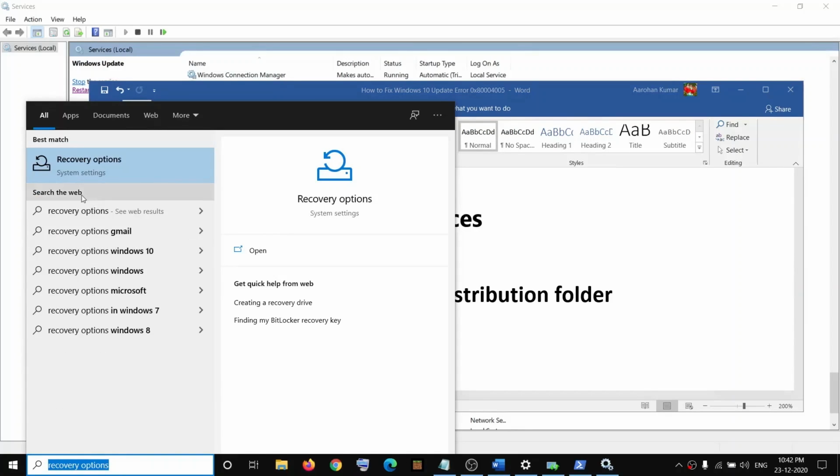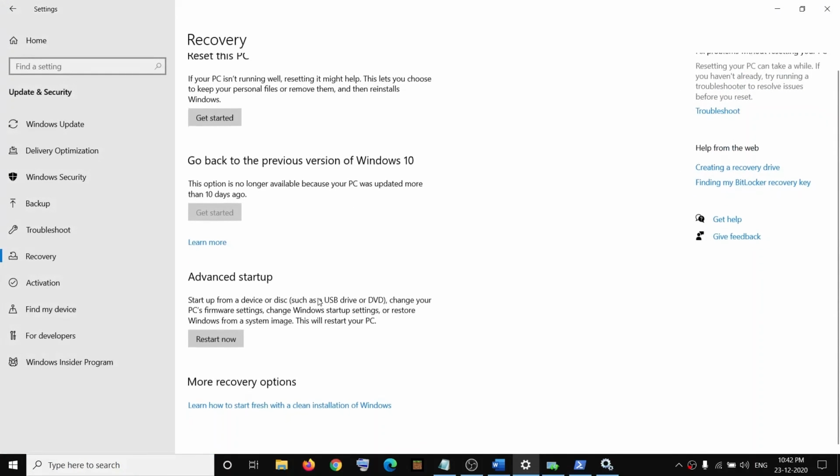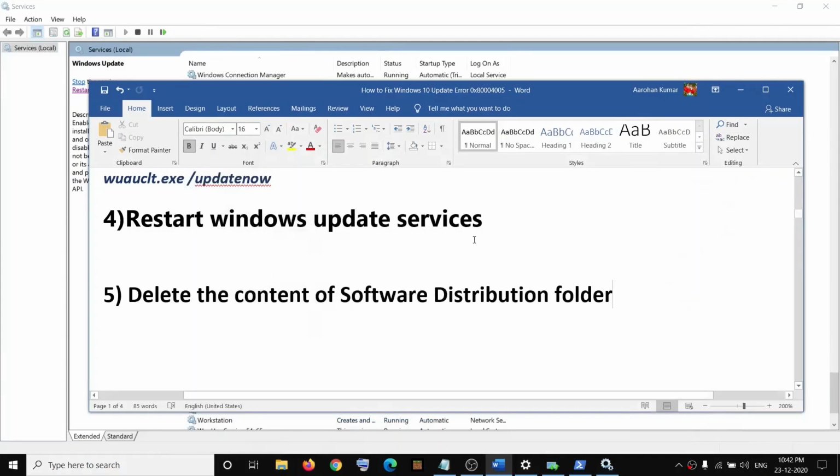Type in recovery options, then click on recovery options. We will go to the safe mode. For safe mode, now over here you can see advanced startup. Click on restart now. So once you click on restart, your computer will restart, and after the restart you will